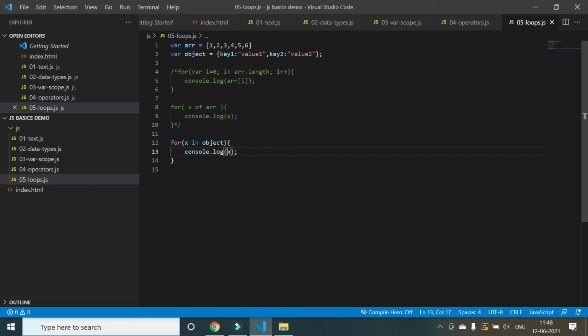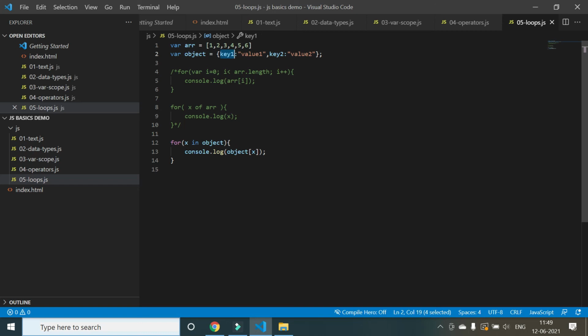So if you have to get the value from that particular key, what you need to do is say object of this x, just like as you access any array in C. Generally we access arrays using integers, but in JavaScript we can access arrays using the names also, like using the string, the key names. So this is the way you will access.